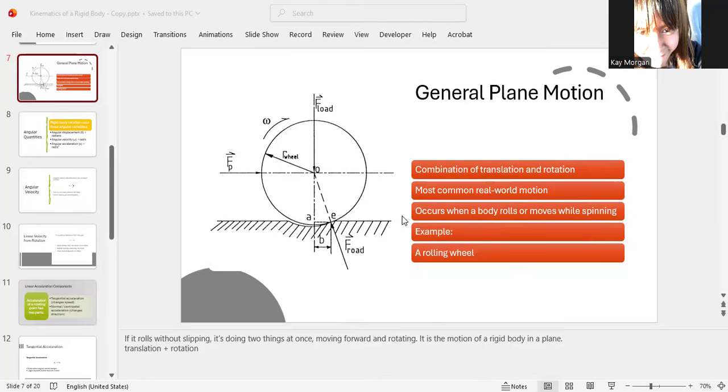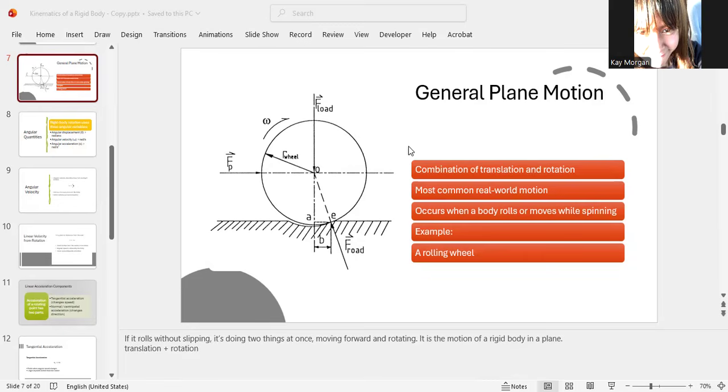All right. Now we are on the general plane of motion. Again, it has two names, general planar motion and also known as general plane motion. And this is the most important type of rigid body motion. I already told you that. Because in this motion, you have translation and then you have rotation, both types of motion happening at the same time. That's what you need to understand. So this is the most common type of motion in real world mechanical systems.